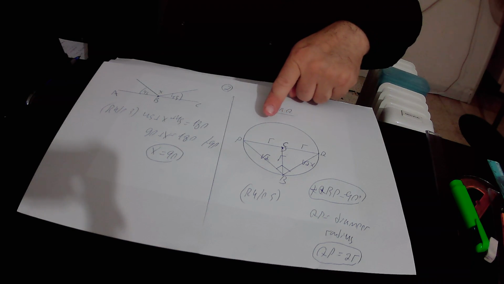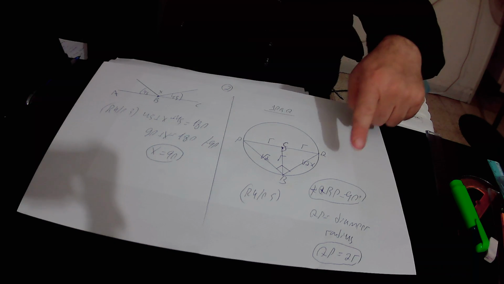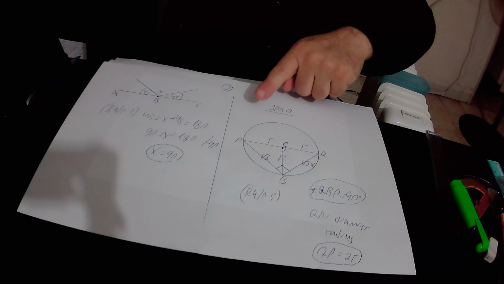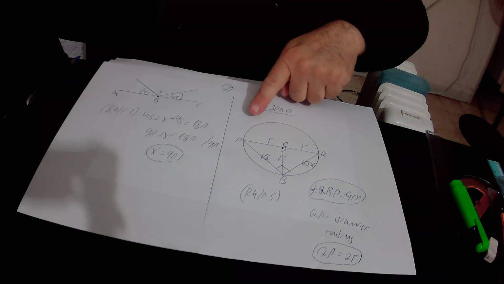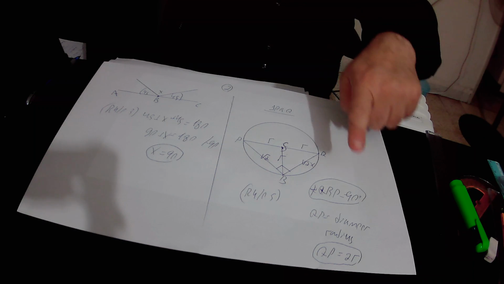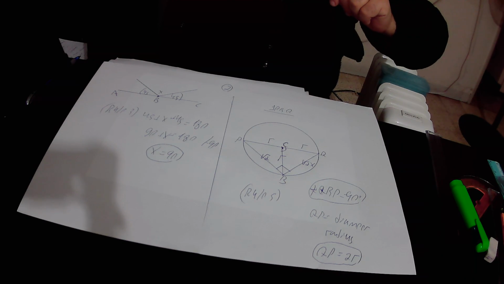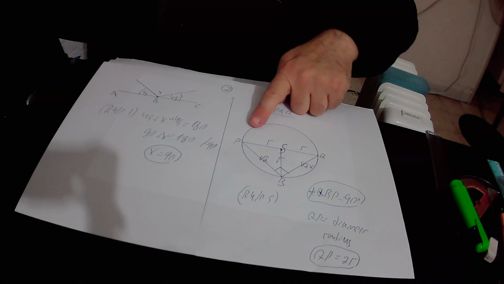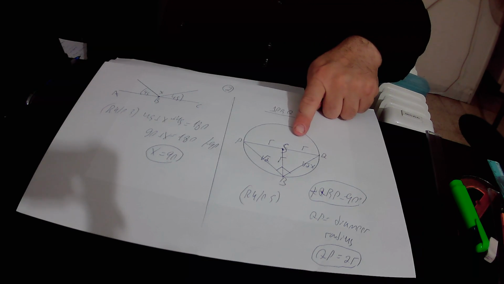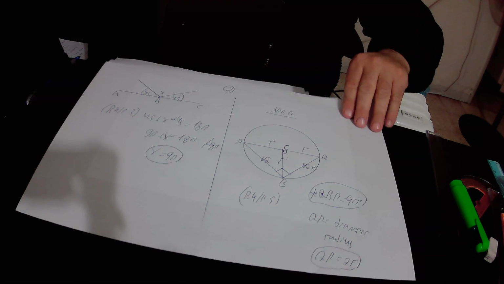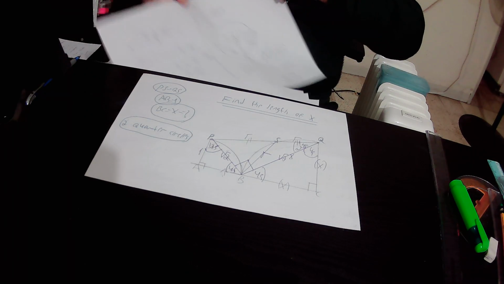So if we define the radius of this circle as R, then the diameter QP must be equal to 2R. According to rule number 5, QP equals 2R. Okay, this is from one side. We found out that QP equals 2R. It is the diameter of the circle, according to rule number 5. But from the other side,